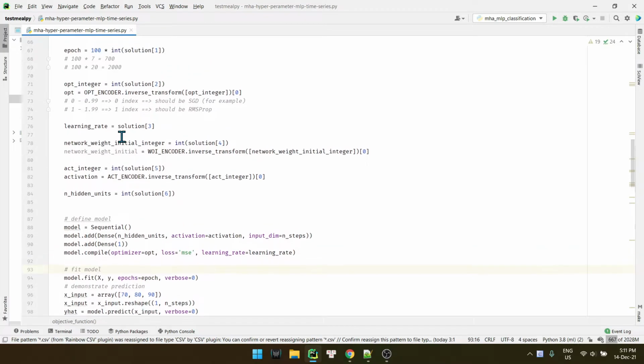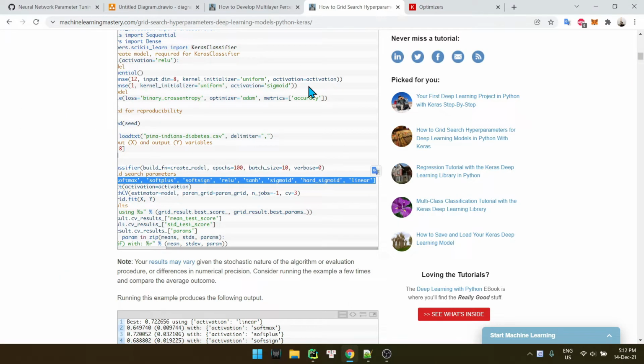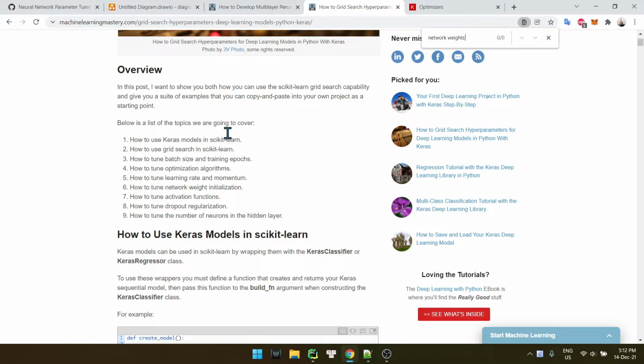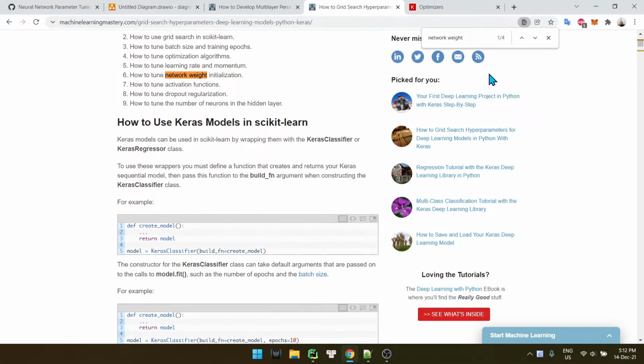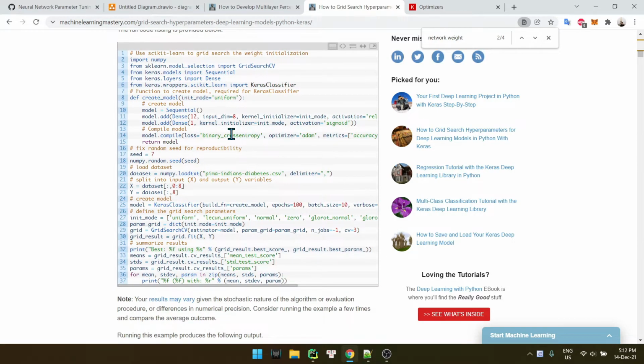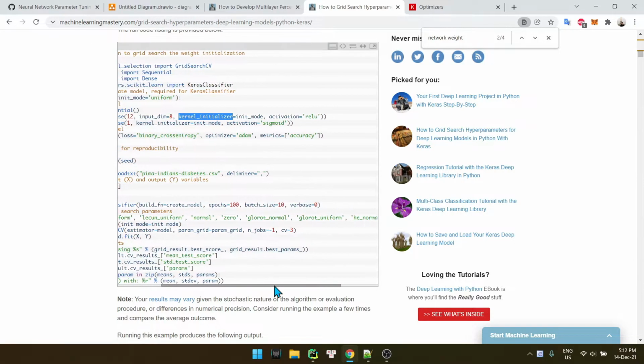Okay, so weight initialization. Let's see where it came from. Okay, init mode right here. Init mode and kernel initialization like this.